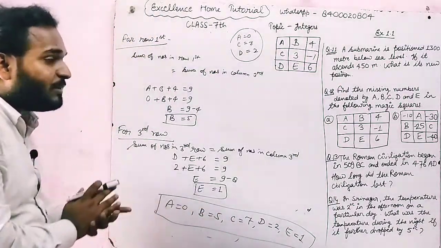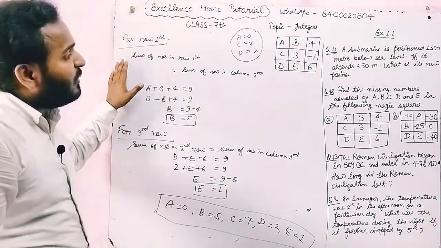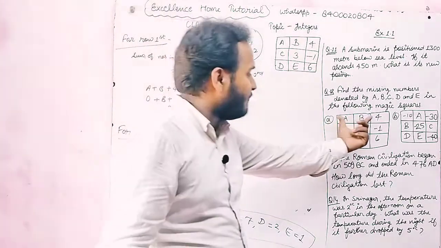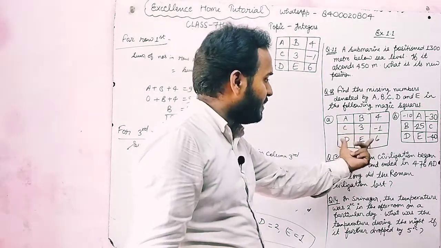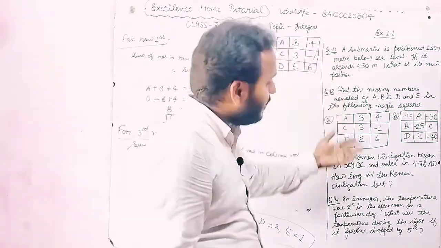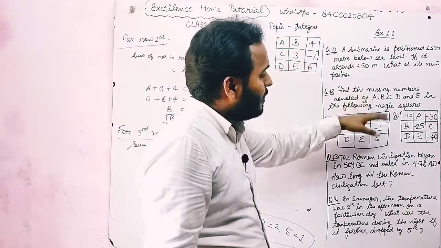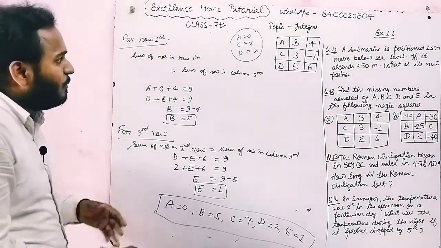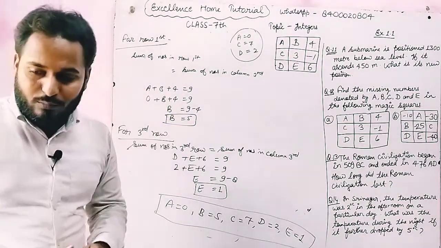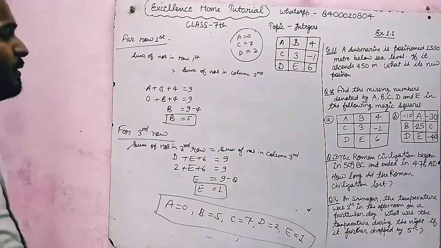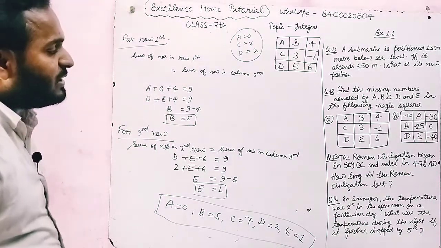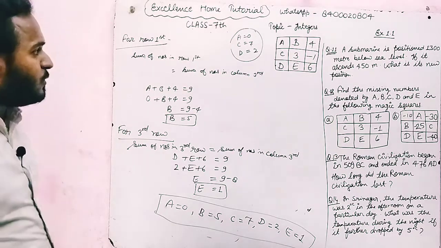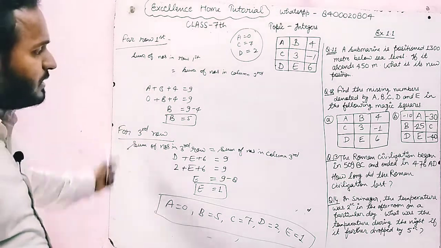This is the concept of solving magic square related questions, in which the sums of row first, row second, row third individually will be equal to the column numbers, column first, second, third, and diagonal numbers. So you can solve many types of questions. So moving on, section B, which is minus 10, A, minus 30, B, minus 25, C, D, E, minus 40. For your convenience, you can take a screenshot of this.